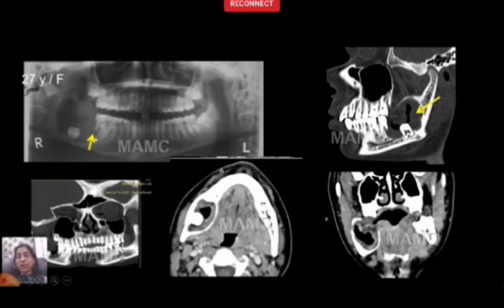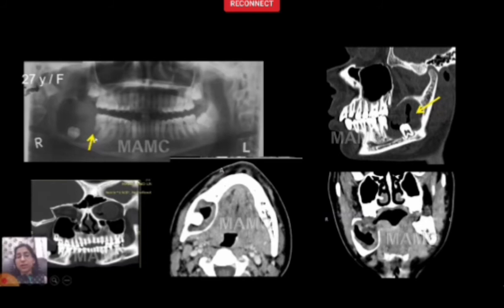But what is typical of a central giant cell granuloma is the age group, the young woman. That's the demographic characteristic, and location anterior to the mandible, crossing the midline. So when you see a lesion like this in this age group, think of a central giant cell granuloma. Of course, it may be hard to differentiate between the two many a times, and we may end up giving a differential. That's all right.